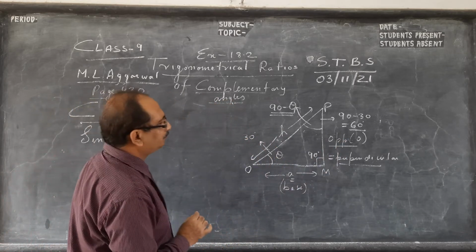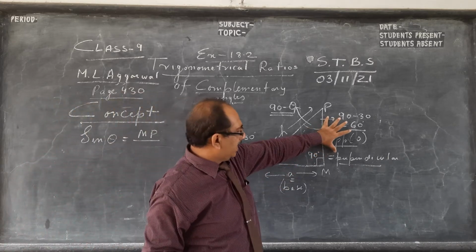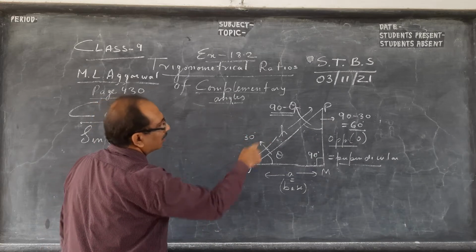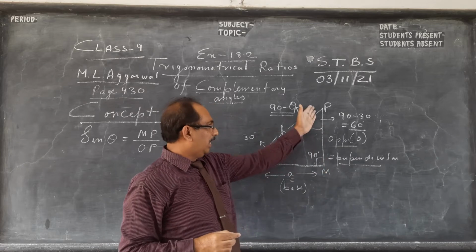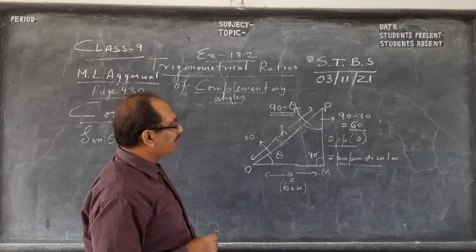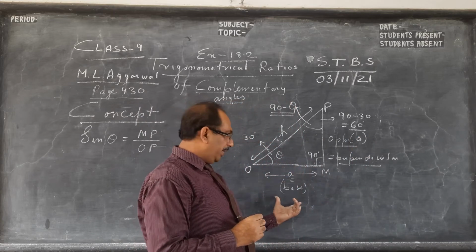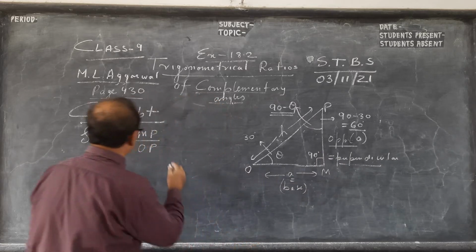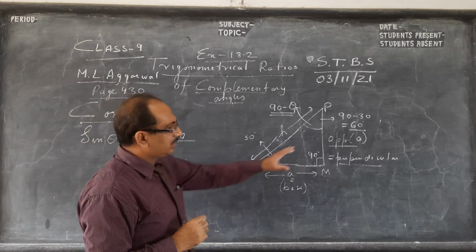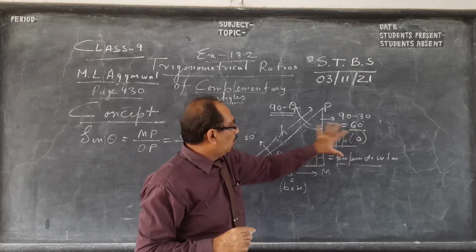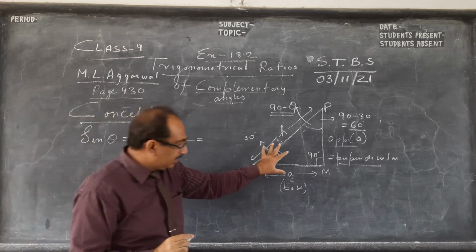So we get here, if you write MP in terms of unknown, I am taking side MP by OP. Sine is this by this. Let me take a value, let it be called O, right? And this is H and this is called A, adjacent, or base. This is also called perpendicular. So different teachers use different methods. So MP is O by H. My first video you must see to understand this better.